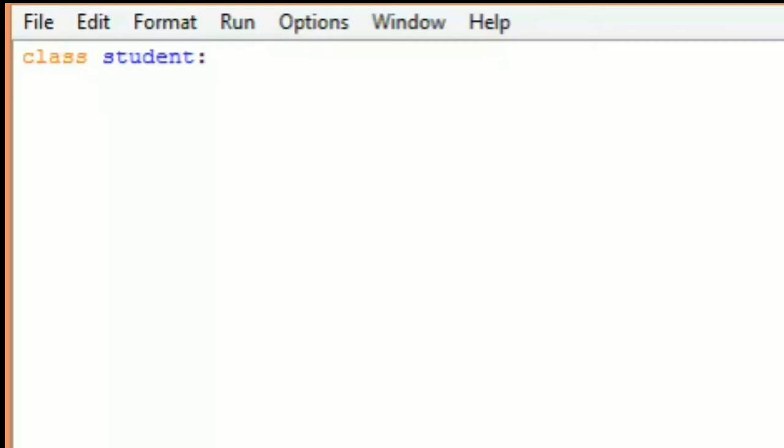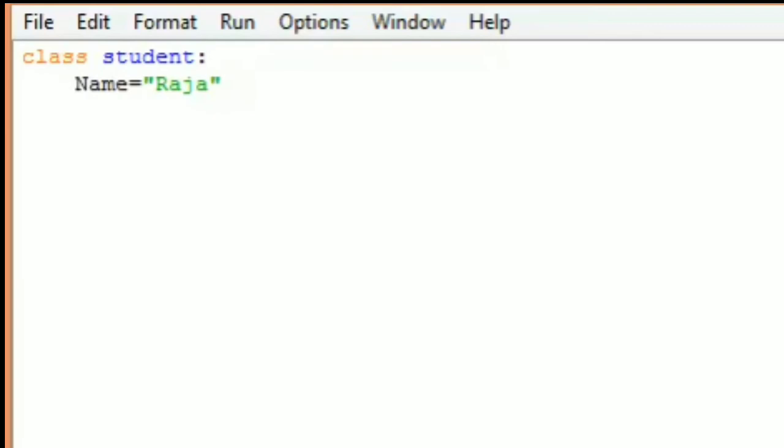Now I define variables in the class Student. The name is the first variable: name equals Raja. Raja is string data, so string data must be included in single or double quotation marks.